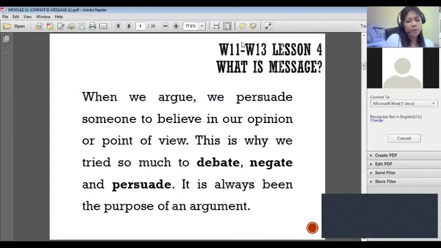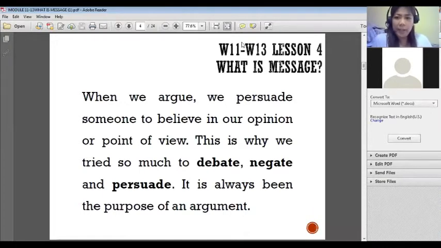And as you know, guys, in a debate tournament, there would always be two groups. We have the affirmative side and we also have the negative side. The affirmative side really has to defend its propositions and claims. The same is true for those who belong to the negative group. What do they need to do? They need to negate, counter-attack, and cross-examine the propositions being made by those on the affirmative side.